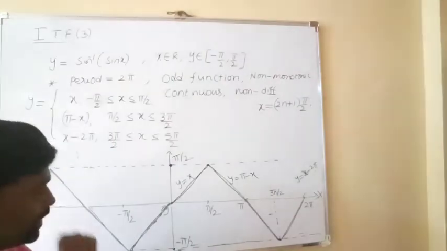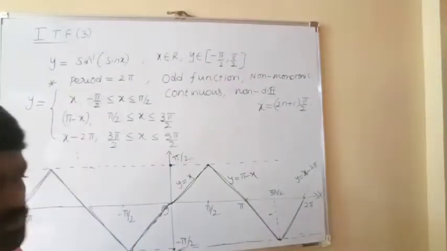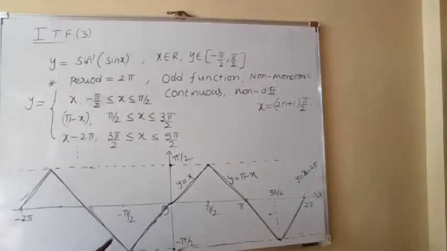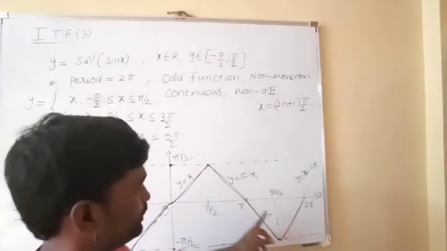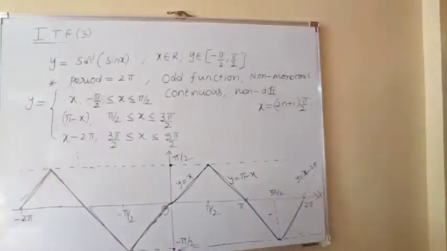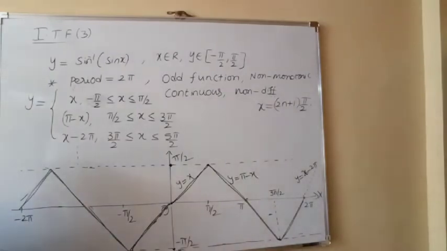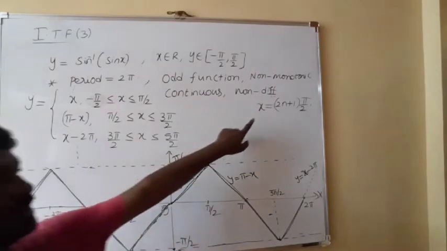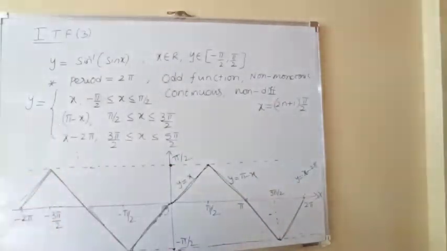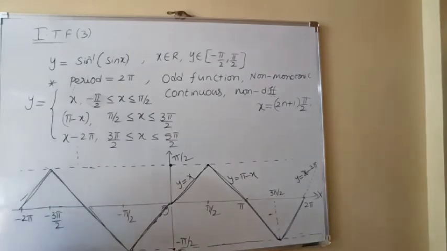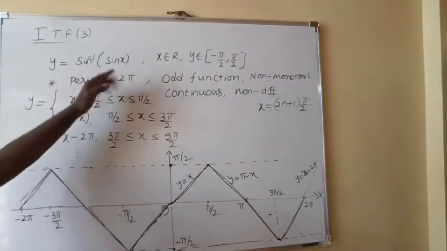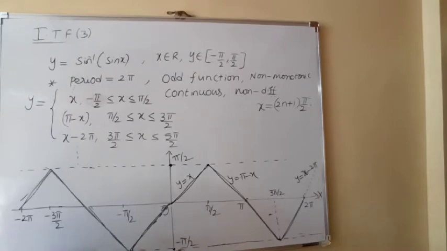See, if you observe, alternatively, these are the straight lines. Clearly, it has sharp edges at minus pi by 2, pi by 2, 3 pi by 2, next 5 pi by 2, here also minus 3 pi by 2. Only at odd multiples of pi by 2, the graph of the function has a sharp edge. So at those points, the function is not differentiable. That is what I have written, odd multiples of pi by 2. And the graph is continuous. So this function is a continuous function, and it is symmetric about the origin, so it is an odd function.